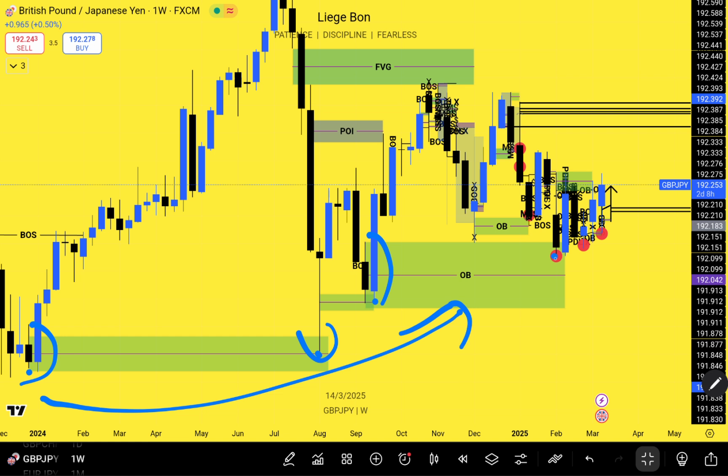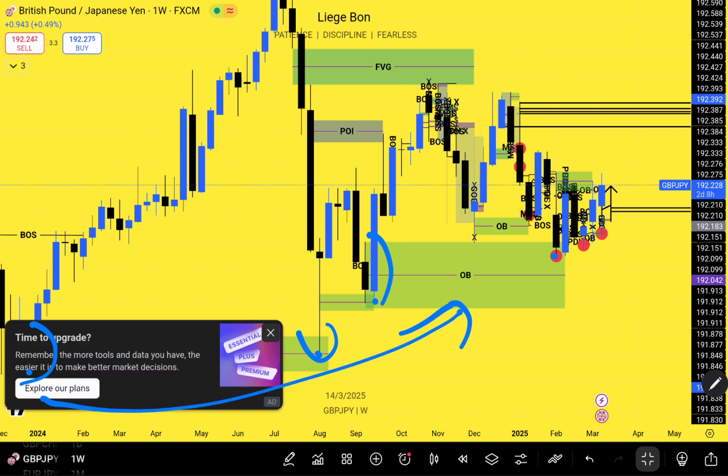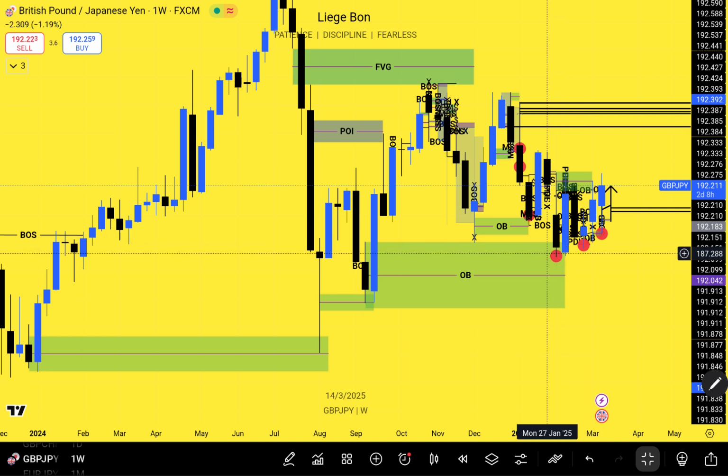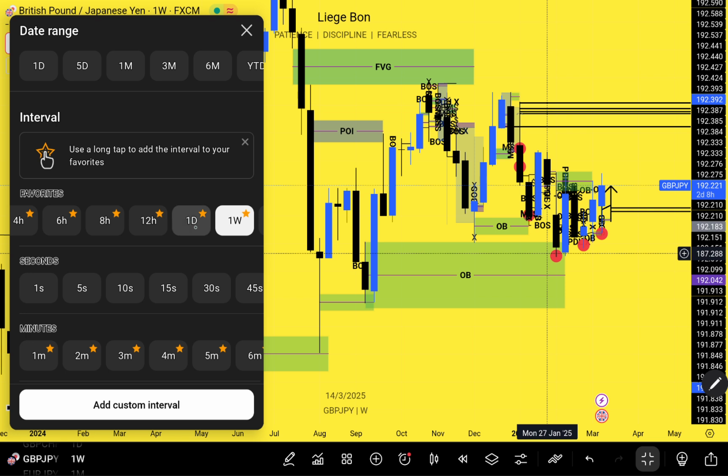And like I said, you don't want to buy here. You don't want to be that guy who is forcing a buy here, when there are going to be tons of opportunities for you in the future. All you have to do is just wait. You understand? Okay. Now while we're waiting and price has come here, we can then go on to the daily time frame. If we go on the daily time frame, come here to day one,